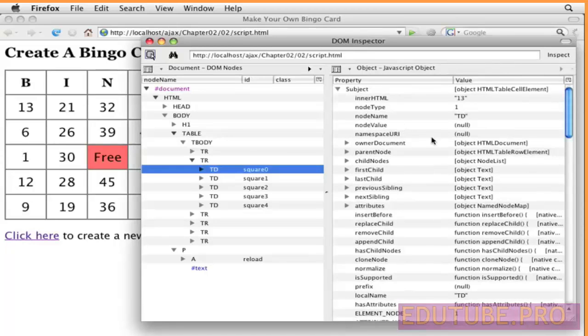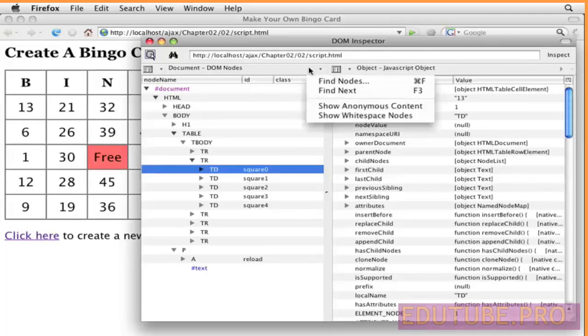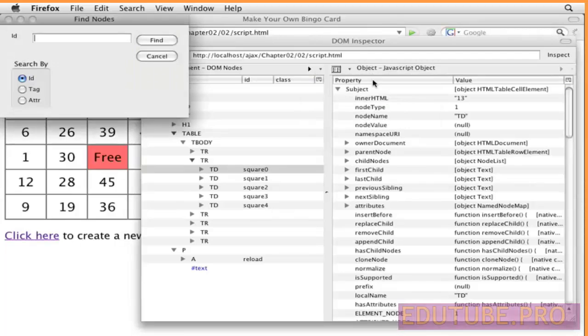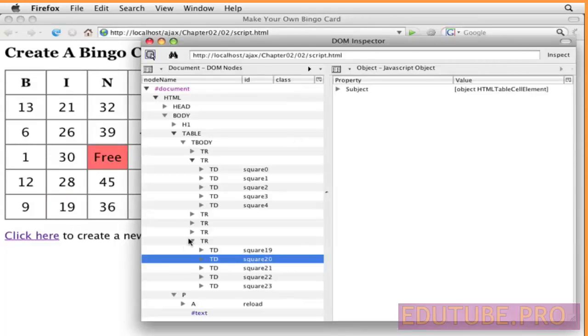Another good example of what you can do with this is this pull down here. You can do things like, say, find nodes. Let's say I have a node, which I know I have, with an ID of square 20. So I can put this in. Let's say I have no idea where on the screen this might be or where in the DOM it might be. And I say find, and it opened up this row, it opened up this cell, took me right there. If you notice, it flashed